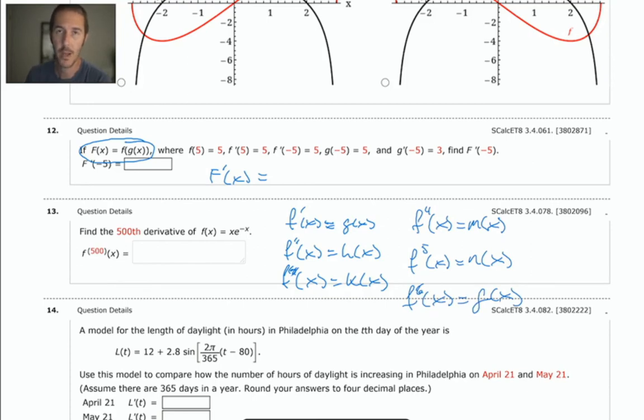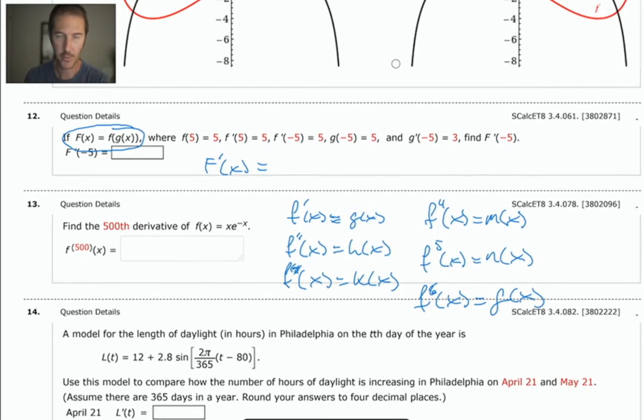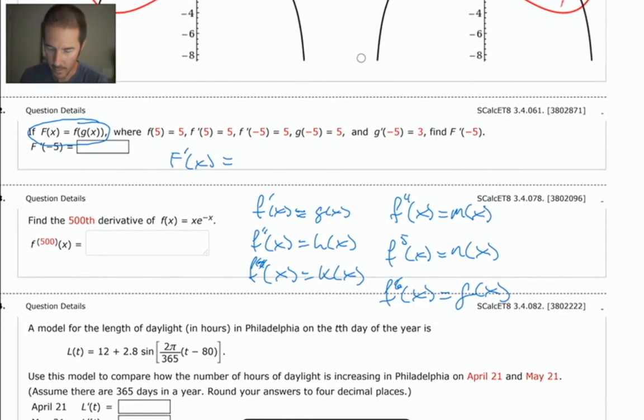Notice that f prime of x that I wrote out is equal to g of x, and also the 6th derivative of the function is equal to g of x. So it repeats every 6. There's a shortcut that you can use. Once you determine how often the pattern repeats, because in my problem I'm supposed to be finding the 500th derivative, I'm going to take 500,